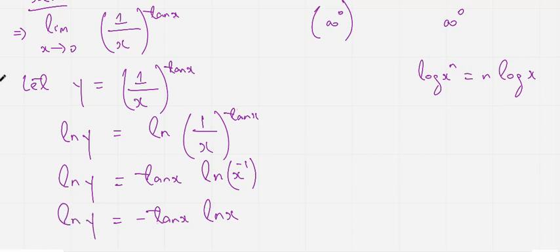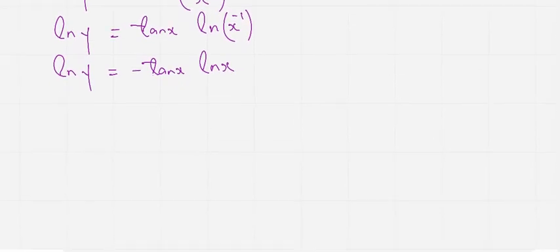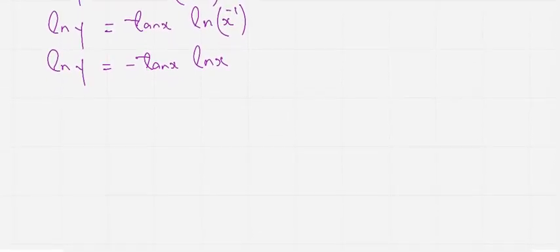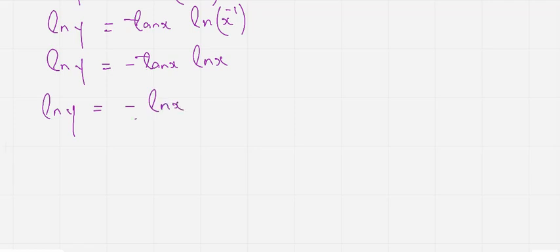Okay, and as I told you that in order to apply our L'Hopital strategy, we need a function in the numerator and a function in the denominator. So what to do now? What is going to come in the numerator? What is going to come in the denominator? So as we know that tangent is the reciprocal of cotangent, so you can write tangent as 1 upon cot x. That's how we do. Okay, now you apply the limit